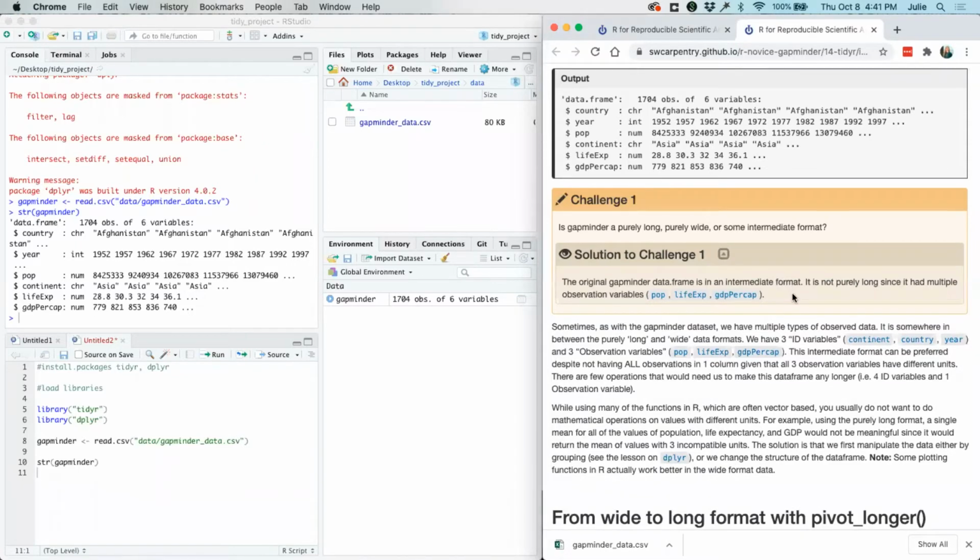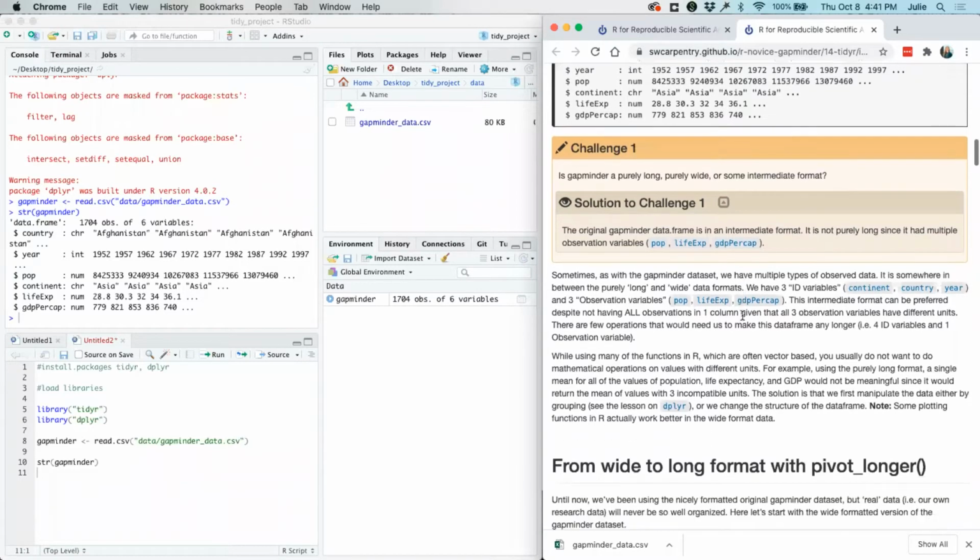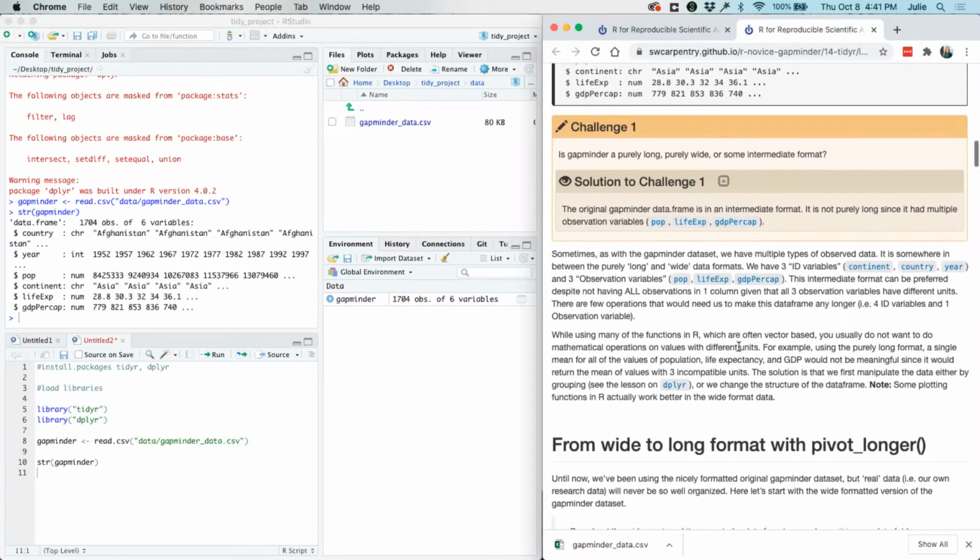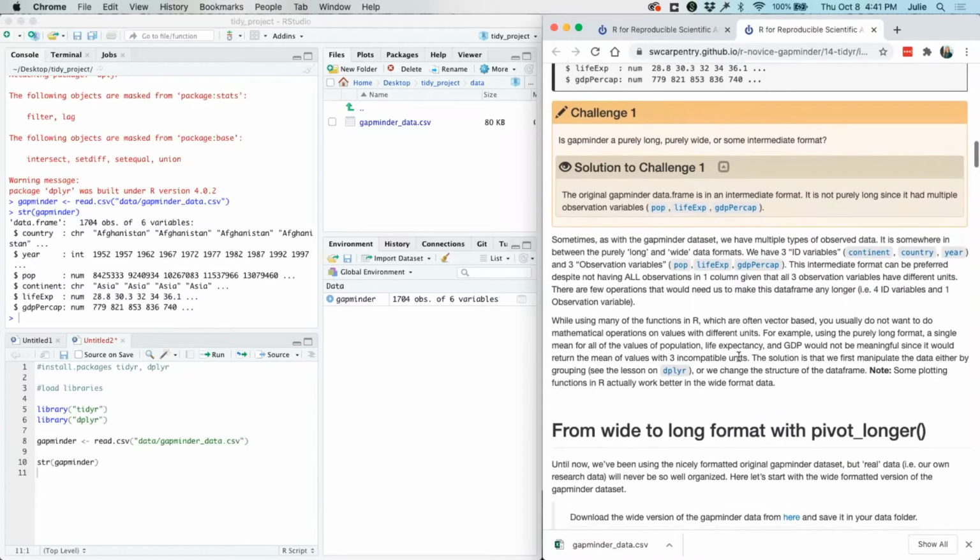Yes, the original gapminder data frame is actually in intermediate format. It's not purely long, and it's not purely wide. It's not long because it has these multiple observational variables: the population, the life expectancy, and the GDP. We have these 3 ID variables and 3 observational variables.